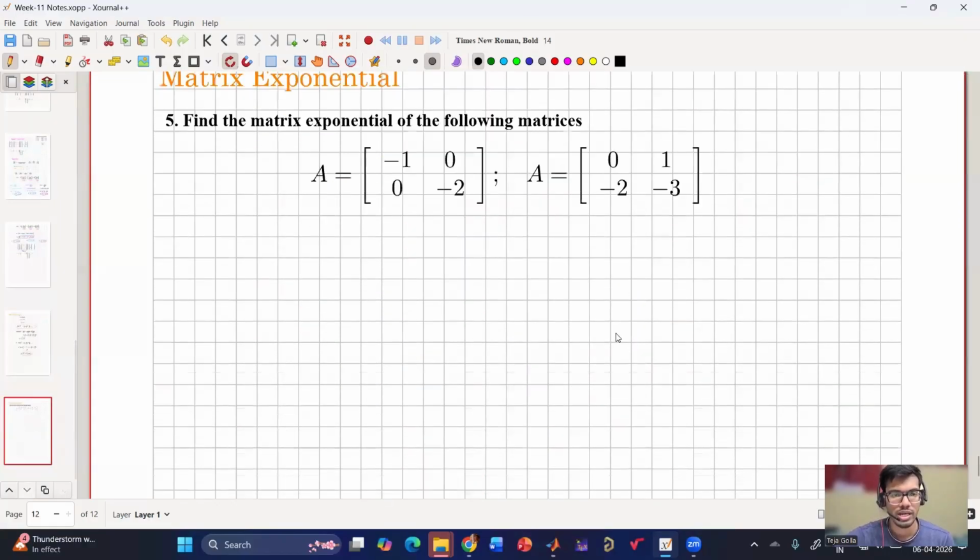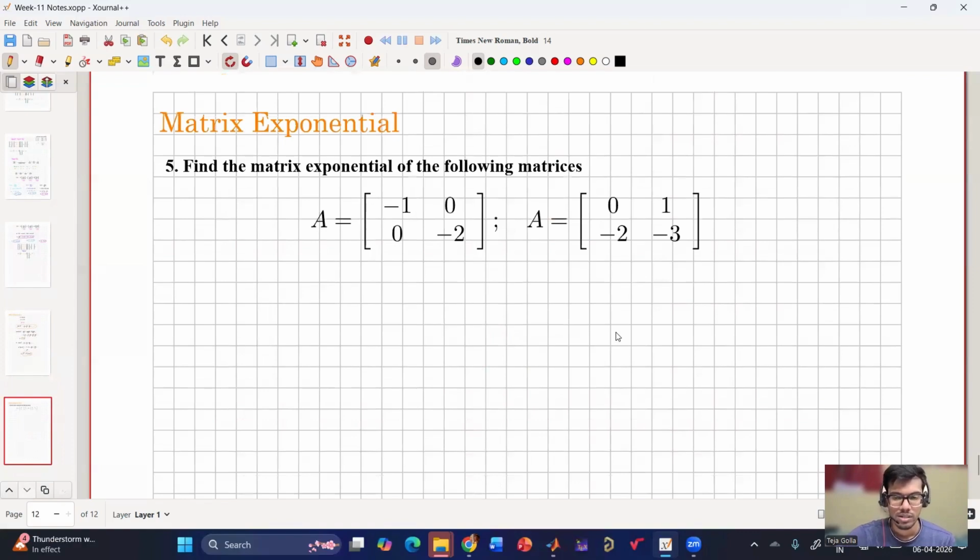are going to get. So here I have given one such example, two such examples, to be honest. And first A matrix is diagonal, second A matrix is non-diagonal. So the first one is going to be easy because it is diagonal, inverse will be easier to find. The second one will be a little bit critical, but let us see. So the first one,